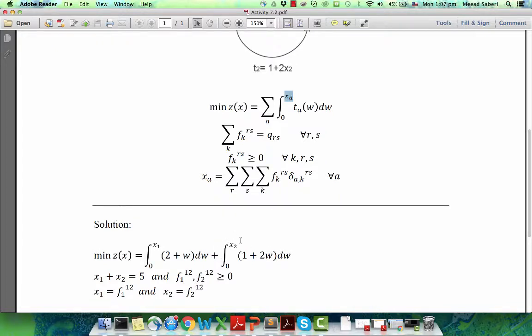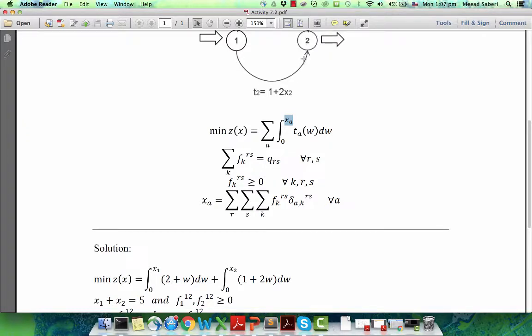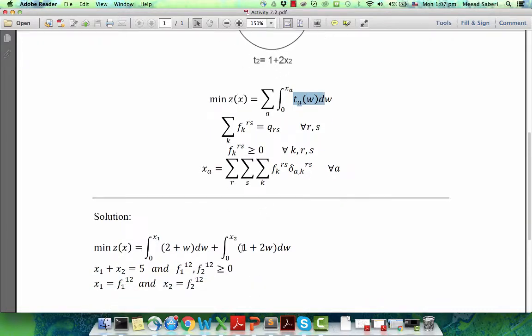And the second term would be the area underneath the travel time of the other link. So it would be the integration from 0 to x2, and the travel time function of the second link, which is 1 plus 2 multiplied by x. In this case, we put 1 plus 2w. So that's our objective function, which we need to minimize, subject to a few